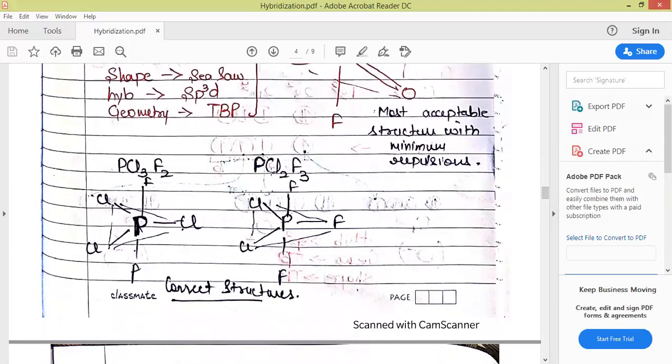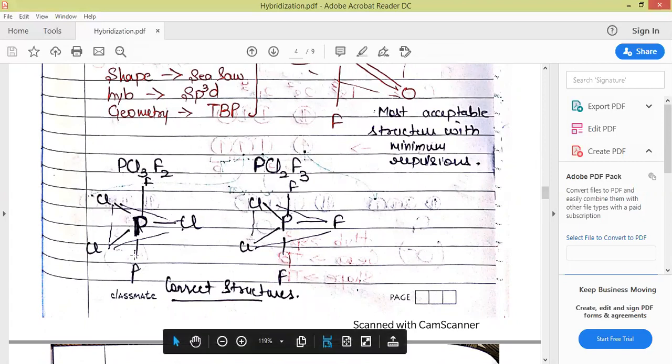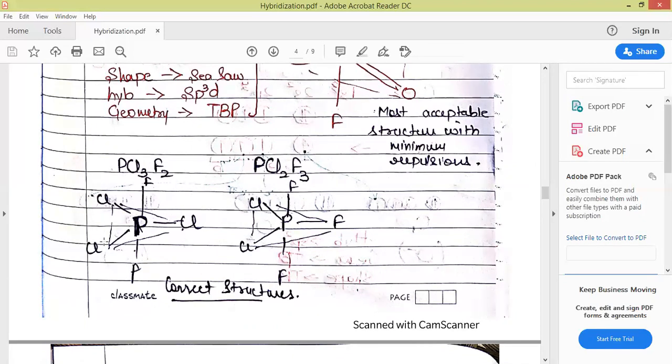Similarly, if we compare these two molecules, here it is 3 fluorines and 2 fluorines, and here 2 fluorines and 3 fluorines. Irrespective of the number of atoms present, number of the corner atoms, like here we can see that more electronegative is fluorine. So it will occupy these two positions. We are not supposed to consider that there are 3 chlorines, so we should place 3 chlorines at the equatorial position. As there are 3 equatorial positions, we should consider the electronegativity of the corner atoms.